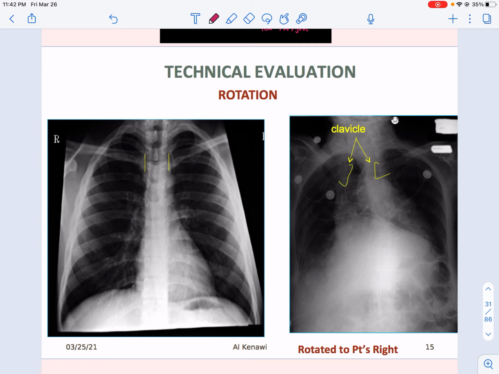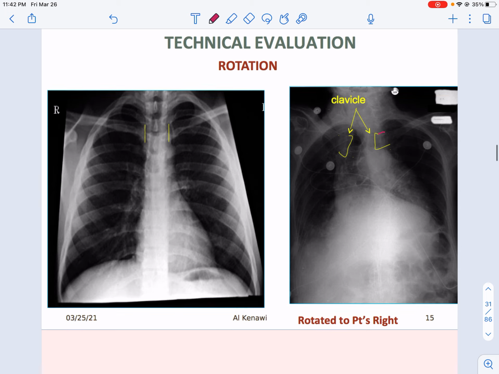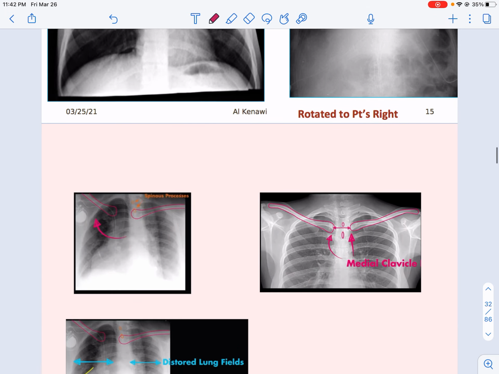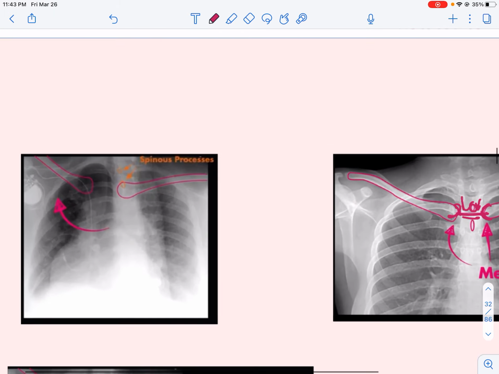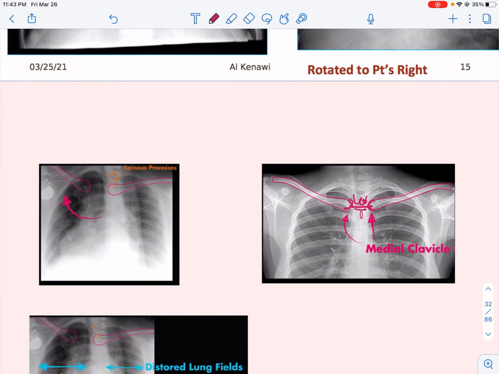مثلا if we see this picture كيف نعرف الروتيشن؟ لازم نطل clavicle. Here actual medial part of the clavicle. إذا جينا نشوف medial part of the clavicle مع spinous process الدستن المفروض تكون تقريبا متساوية. هنا شايفين الدستن كيف هنا في راحة clavicle كده، هذا يدل إن patient actually rotate when they took